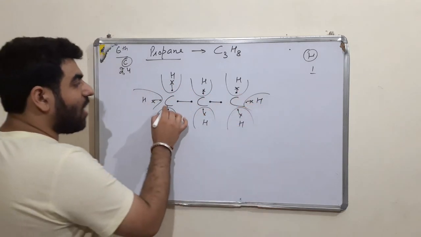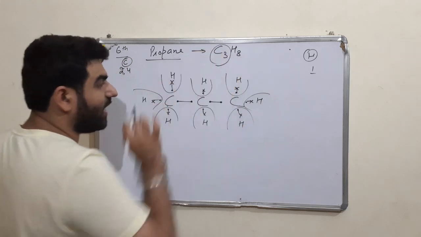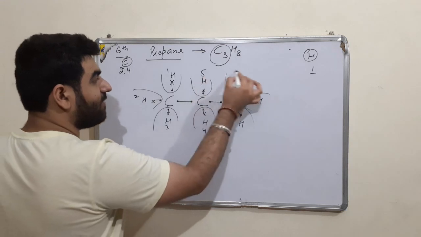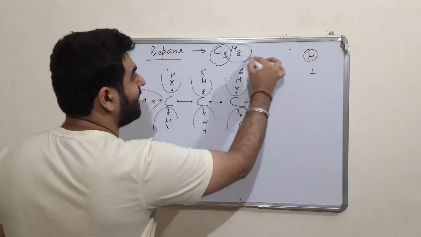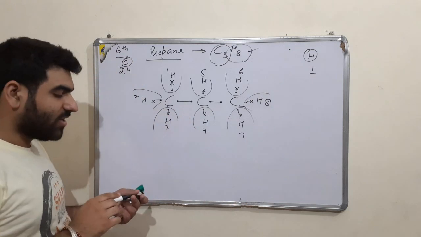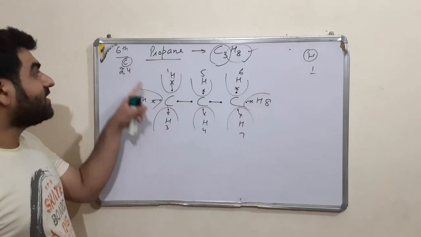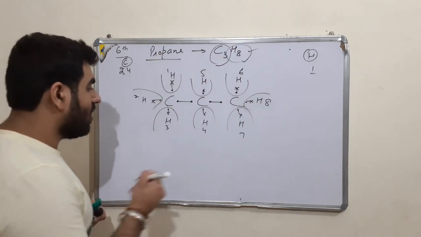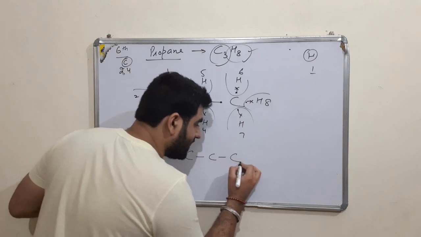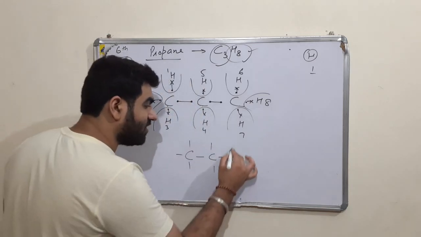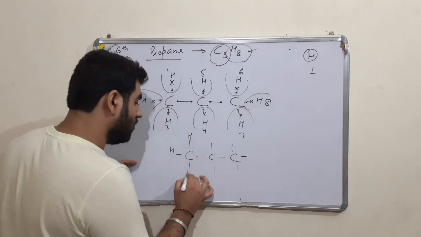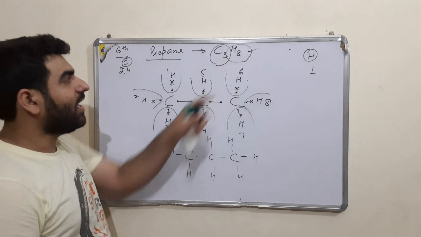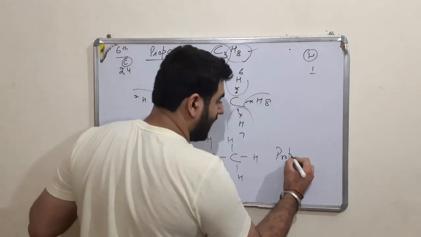Now let us count here. How many carbon? 3. Alright, C3. How many hydrogens? 8. 1, 2, 3, 4, 5, 6, 7, 8. Alright, H8. So it means that this structure is correct. What we have made satisfies the valencies as well as the number of carbon and hydrogen. So let us make it C bond, C bond, C. How many hydrogens? They are attached around each corner. So 1, 2, 3, 4, 5, 6, 7, 8. So C3H8 and the structure is propane.